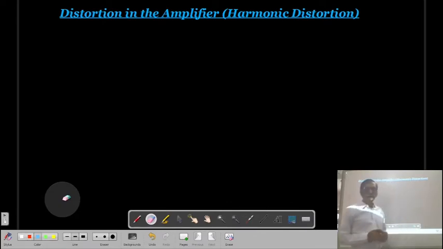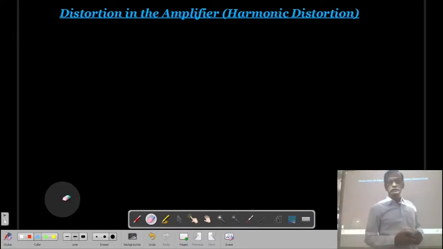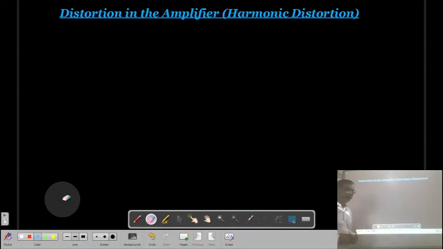But what is the transfer characteristics? One of the parameters is from the input and another parameter is from the output, and that is known as the transfer characteristics. Here we will consider the transfer characteristics of a field effect transistor. About the field effect transistor, you will learn in the next semester. But whatever the logic, whatever the calculation we apply here, the same calculation you can also apply for the BJT. Now, what is the dynamic transfer characteristics of the field effect transistor? Let us see.